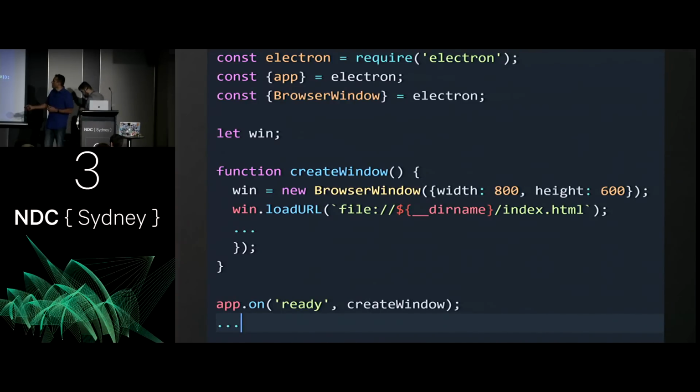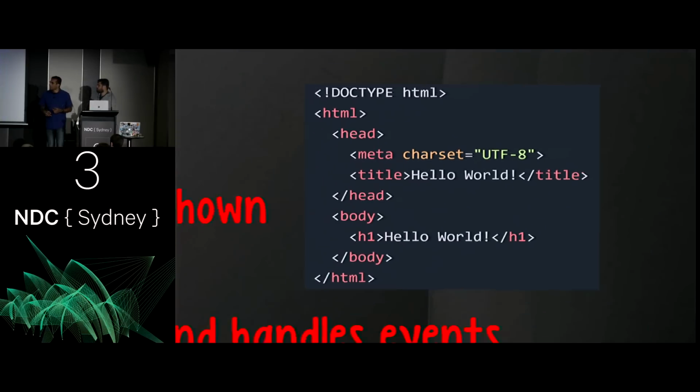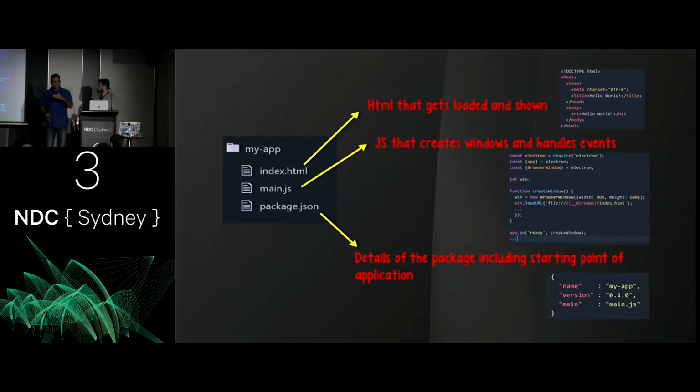And then all you do is you load a URL. And that URL is effectively the index.html file that I've got as a third file. In this case, the index.html is an extremely simple one, right? It's a hello world HTML. It does really nothing much. And that's it, right? So once you create these three files, that's enough to get you started with an Electron